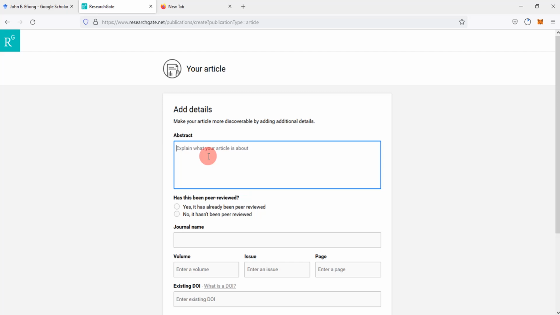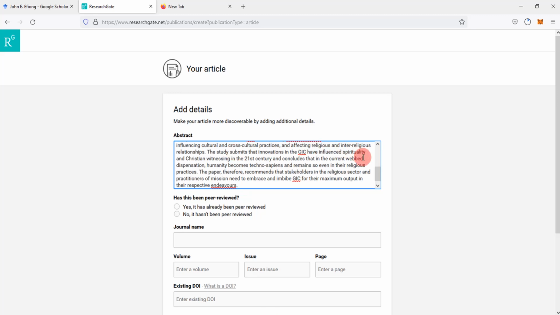So since it is on paper, you may have to type it out in Word and then copy and paste here. So let me just use one. So let's say this is an abstract of a paper that's been published on that title, and then now we are asked to check whether the paper has been peer reviewed or otherwise. Let's say yes, and then it is obvious that